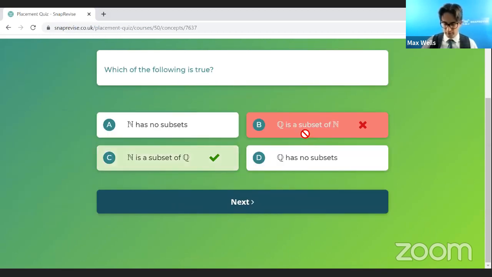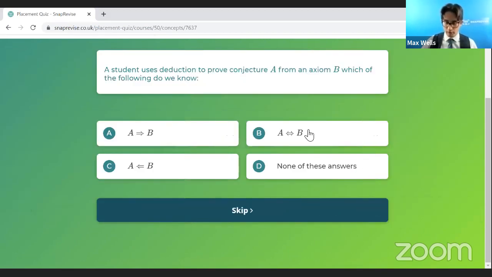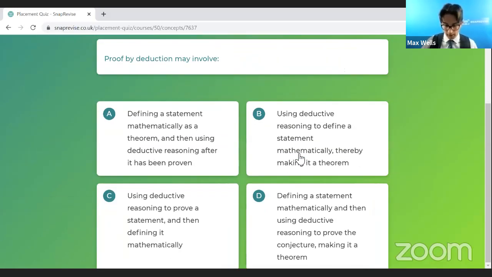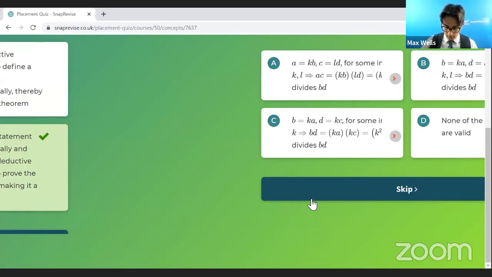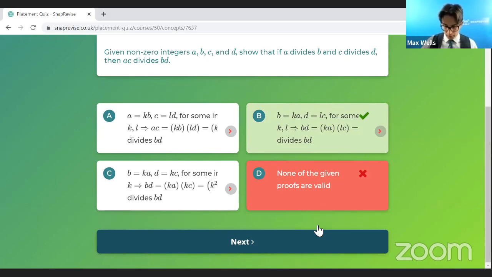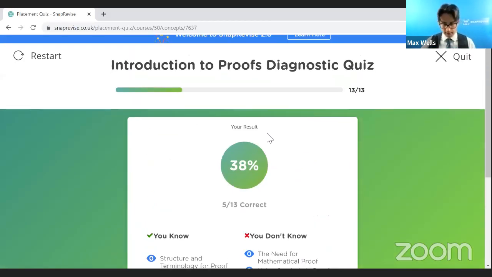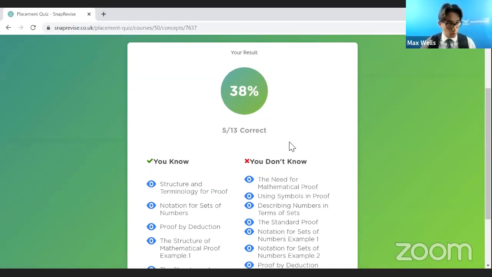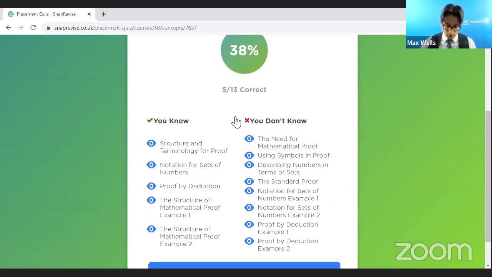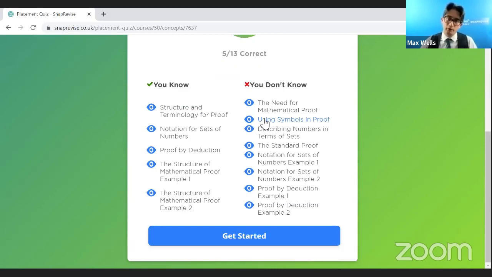And so it should be just 10 quick questions to get a general idea of what you understand about the topic. And then at the end of this, the useful part we get to is it gives you a breakdown of how you did, but also the bits you don't know and the bits you do know. And this now builds into tailoring your learning and the resources that are provided instantly for you